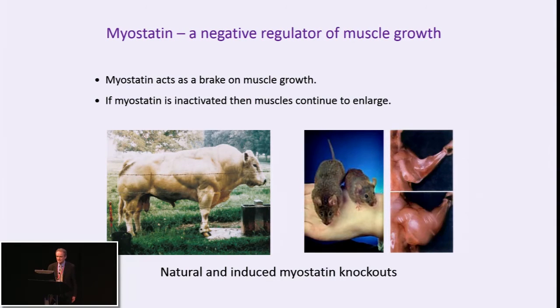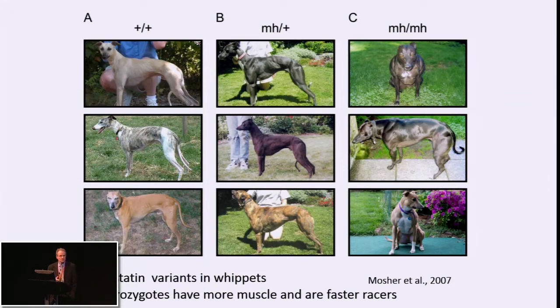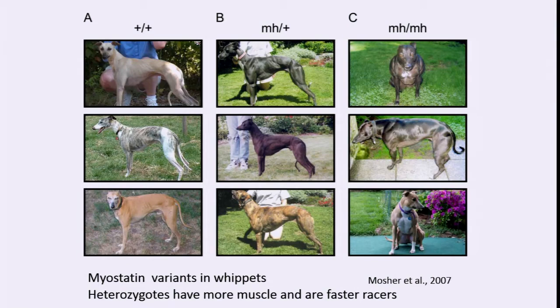Perhaps more interesting in the myostatin story is the variant we see in whippets, where there is a myostatin mutation that, when it's present in 2 copies, gives you the bully whippet, which is a hyper-muscled whippet that really isn't much good as a racer because it's just too chunky and it doesn't perform particularly well. But in the heterozygote state, this myostatin mutation gives more muscle and faster racers. And now we start to see where probably the problem is. We don't want to knock out myostatin altogether, we just want to knock it down,